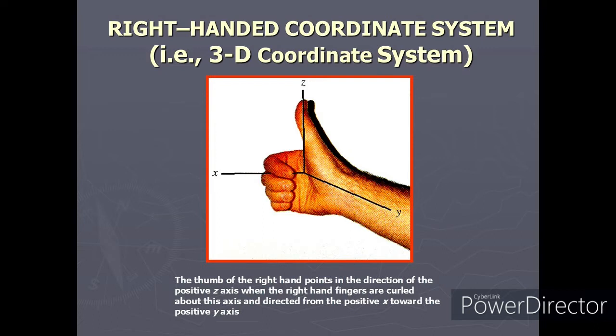Okay, so they point toward the positive y-axis and directed along the positive x-axis. So we'll be using this as our reference coordinate system, X, Y, Z, okay, unless otherwise stated. So this is the right-handed